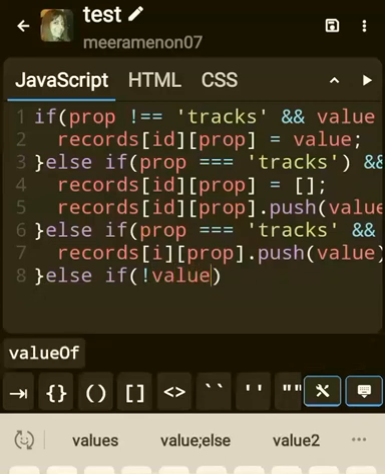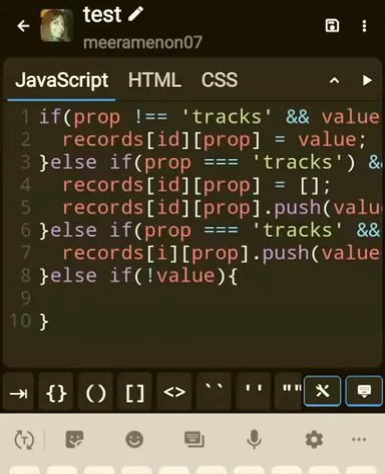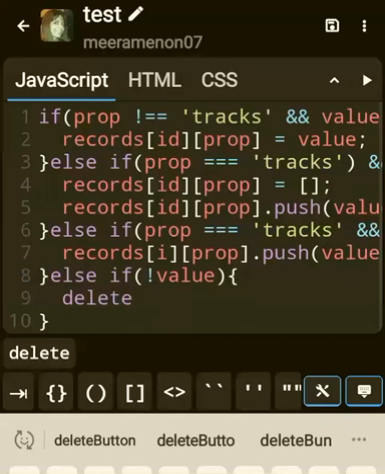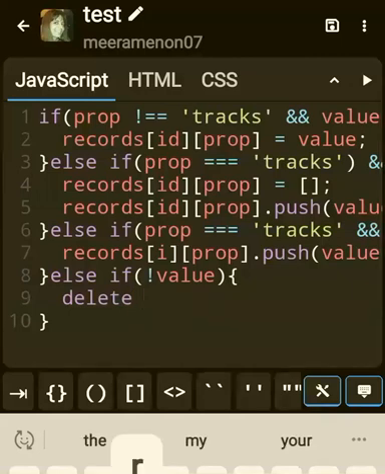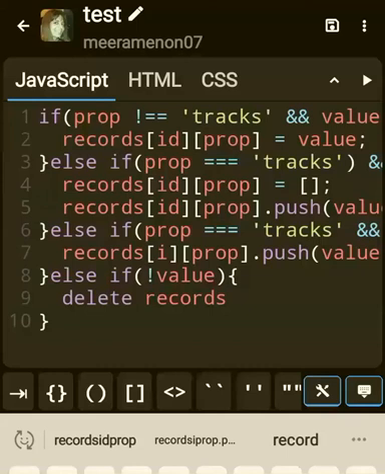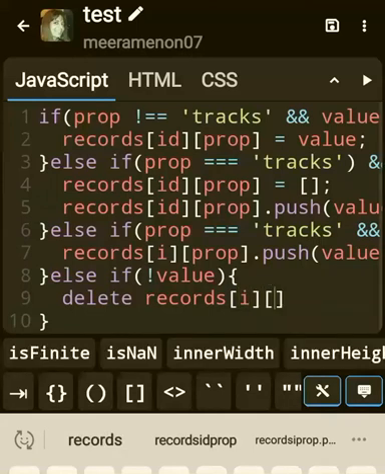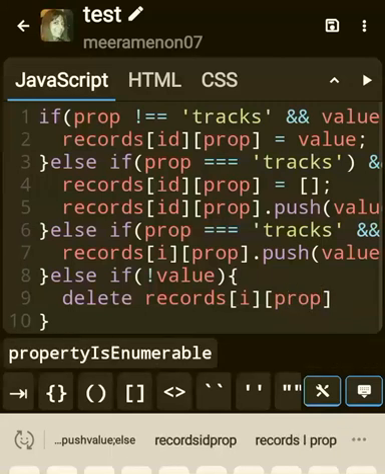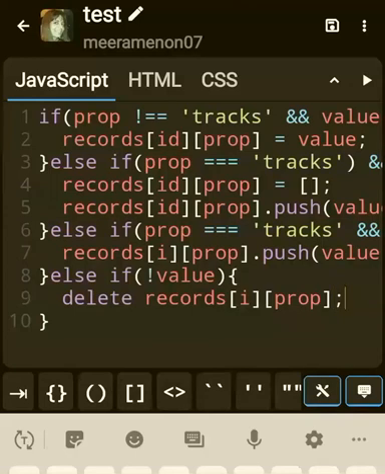Okay, now just to tell you, if value is an empty string, the first what I wrote is also correct. You can also show it that way, value equal to empty string, or you can also say I'm just doing both so that you get to know both, or you can also say not value. It means there is no value if it's an empty string. So both ways you can do it, remember that. Either you can say value equal to empty string using the quotes, or you can say if not value. It's the same thing, remember. Coding can be done in several ways. That's why I'm doing both. Delete records. How do you delete? Using the delete key. So delete records ID prop. Simple. So access it by ID prop and then delete it.